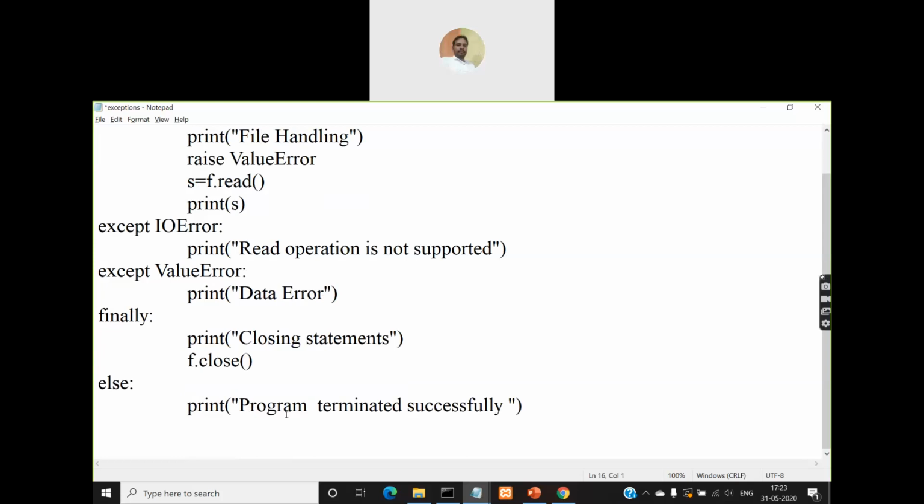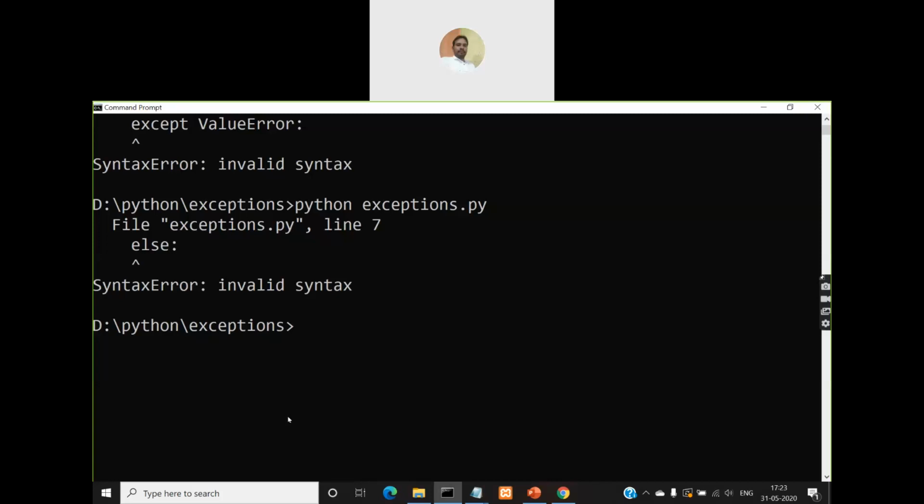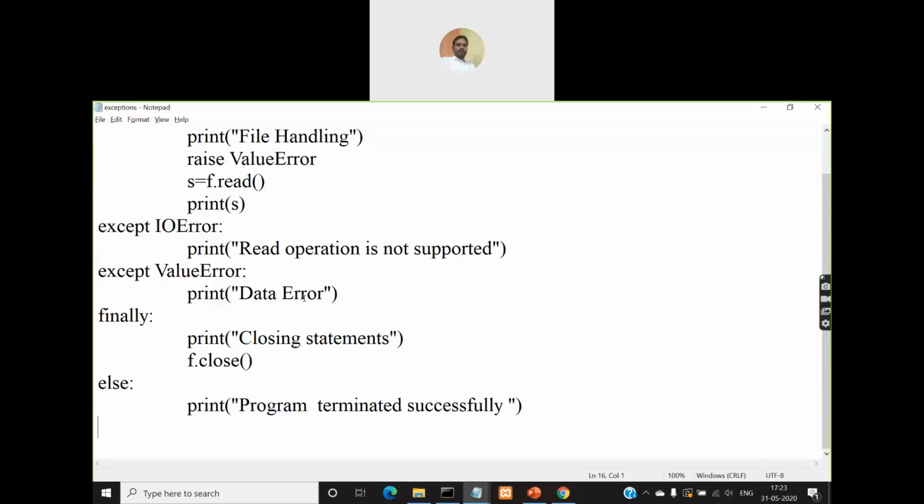and put it after the finally block. So still you are getting an exception. In line number 14 you are getting again a syntax error. So what do you mean by this? If there is one try block and one except block, the try block must be followed by an except block, right?